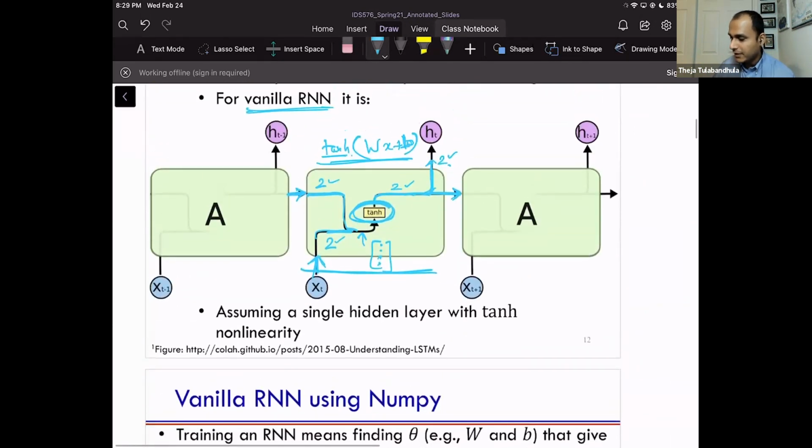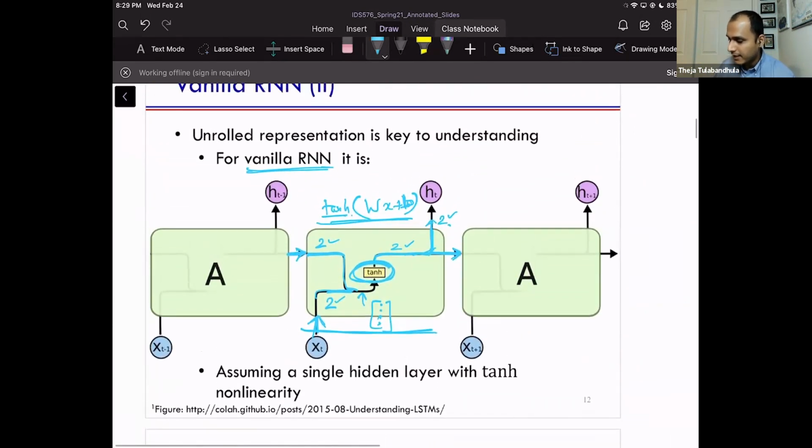So let's actually come back to the picture. Again, once we have the parameters of the RNN, remember what the parameters of the RNN are? Just the W and b, right? With W and b, I can tell you everything the function A should do. W, b, and tanh. Tanh is just a function. So with W, b, and tanh, I can tell you exactly, given 2 inputs to A, what 2 outputs A produces.